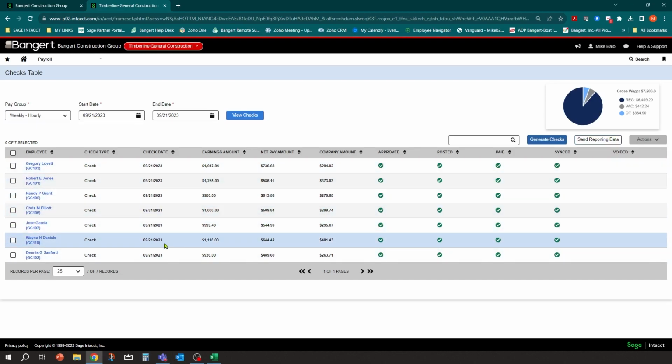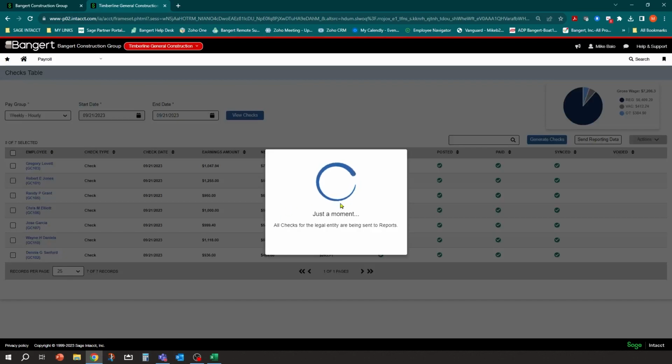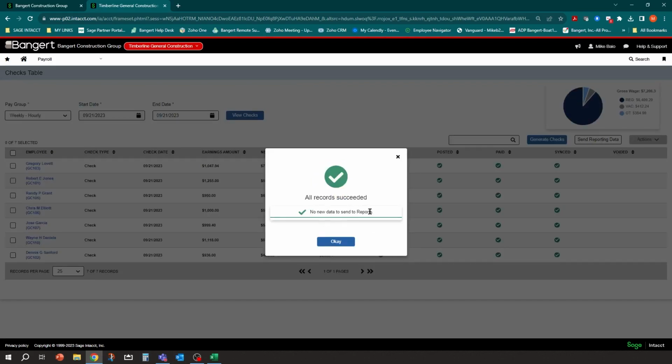And how the payroll reporting works is, in order for those payroll reports to work over in the ICRW, which we'll be going to next, we want to make sure we have that payroll data sent over. It does not hurt you to click this as many times as you want. So I would recommend at your month end, before you run any of the monthly reports, just come into here and click send reporting data. Now, I know I'm going to have some, and it'll tell me, look, hey, there's no new data to send. We already sent it all. And that's fine. That's great. That tells me that all my data is up to date.